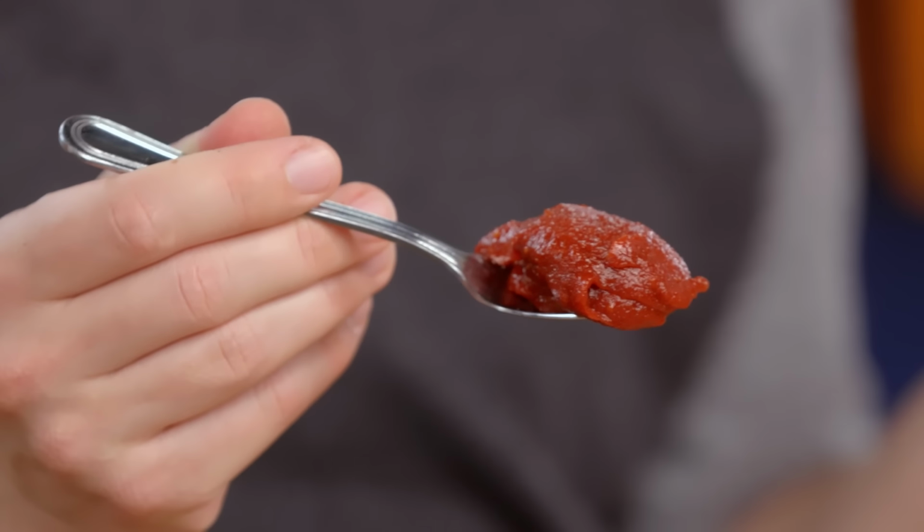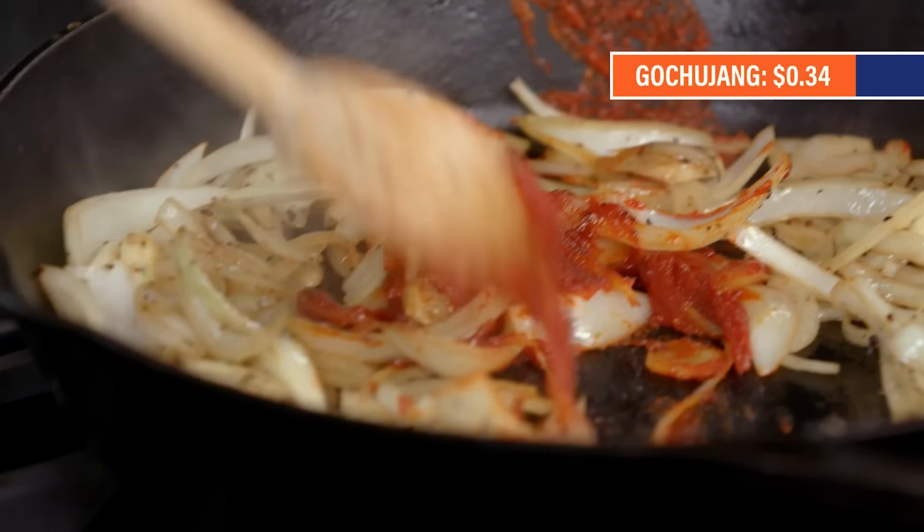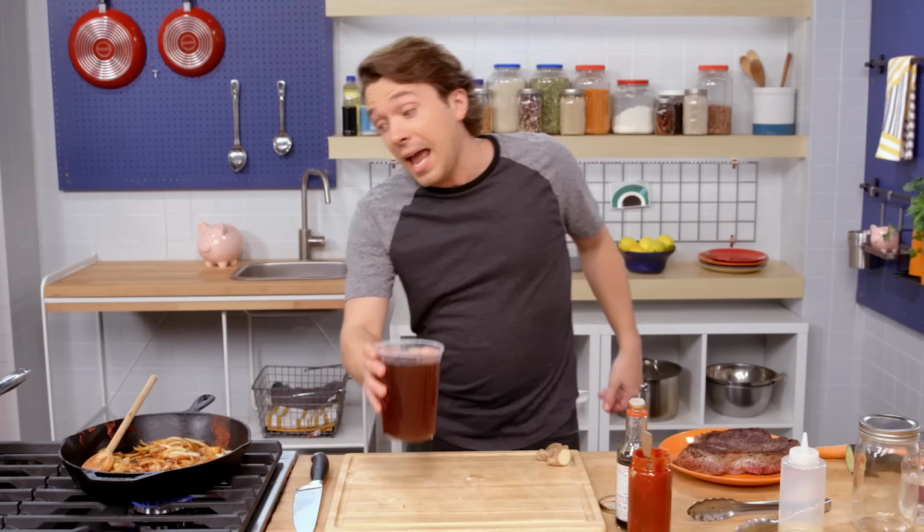Fermented foods in general are really good for your gut health, but they also last an incredibly long time. This is how we preserved food before refrigeration. It almost tastes like extremely spicy miso paste. Don't worry about not using it all because it's gonna last for potentially years in your fridge. All right, so we're just gonna toast this ever so slightly. And now,